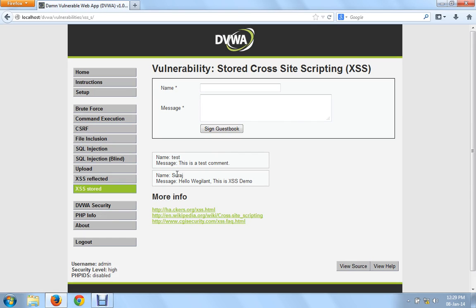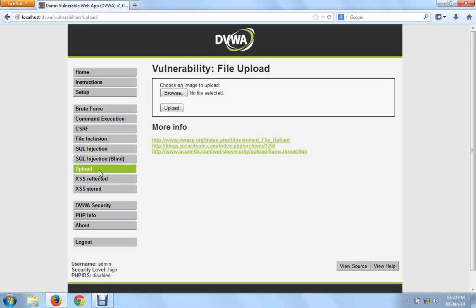Cross-site scripting is on fire in today's world. Cross-site scripting allows you to deploy keyloggers on servers or on victims' websites. So this is all about cross-site scripting. We'll move to upload box attack. In an upload box attack, some websites allow you to browse to upload something, for example an image, or some resumes in doc or PDF format. Over here I would like to upload some malicious scripts, so that it will allow me to give commands through command line execution.